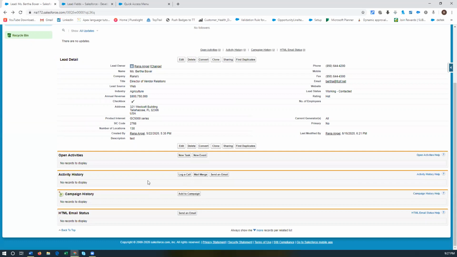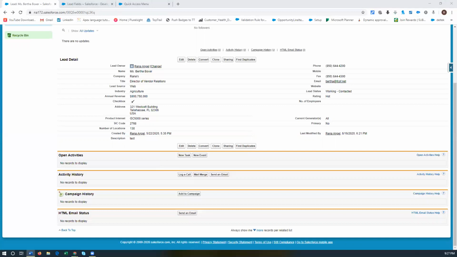So task and event are the objects in which you can create some task and event, and make someone take care of those tasks and events. You can assign them, and these objects have multiple parents. So that's the reason they are known as